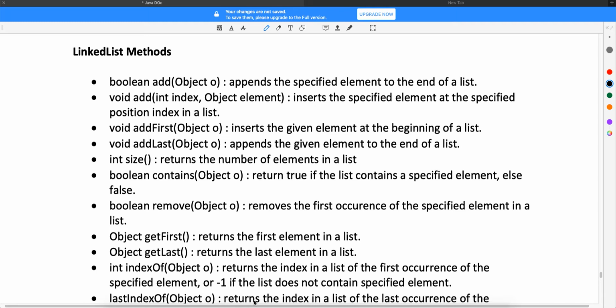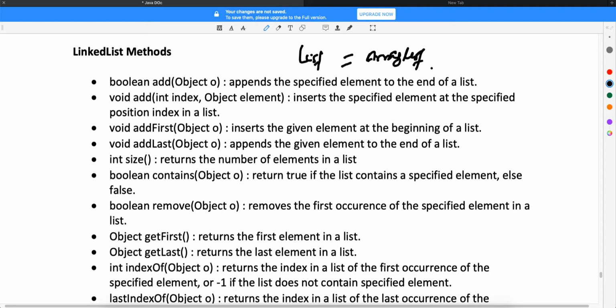Okay. So if you look at almost all the methods we had in the array list, they will be the same in the linked list also, because both classes, array list and linked list, implement the list interface. That's where I was talking about how you should always make the reference of list and the object of either array list or linked list. So what happens generally when you have the reference of list, and then you have an object of array list,